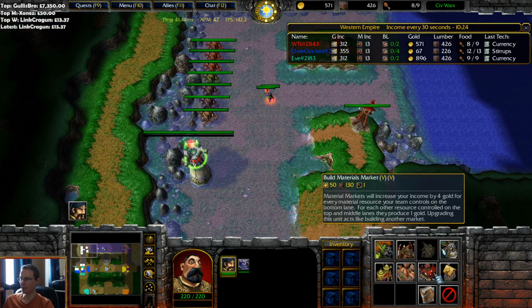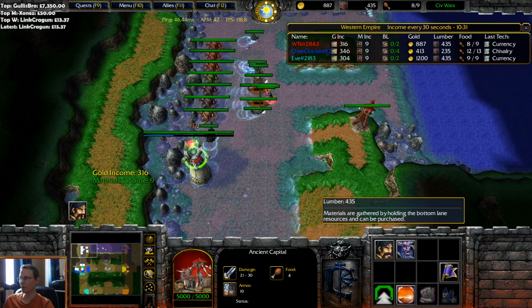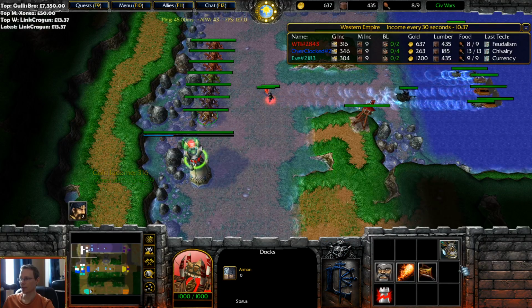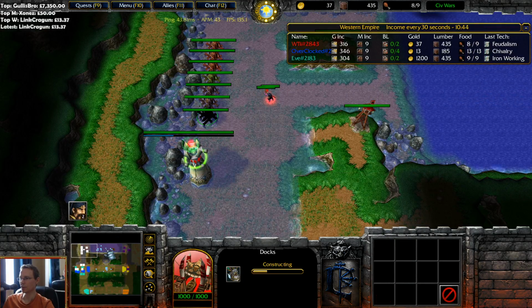571. Do I want to get the markets? We've already got a market in the form of this lighthouse, but I have got quite a lot of lumber, in quotation marks, to spend. What can I upgrade? We can get a dromon deck. And this one spawns a dromon as well. That was 600 gold, so 600...